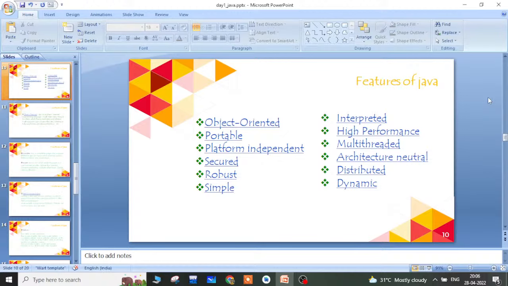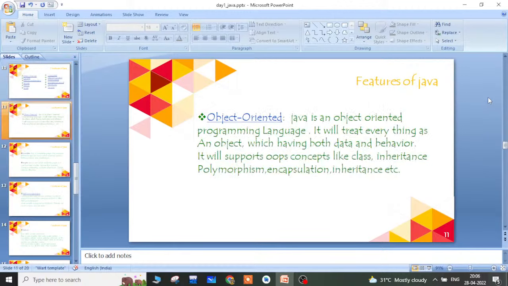Java is a simple programming language, which is both compiled and interpreted, having higher performance, and which supports multi-threading, which is architectural neutral, and which is distributed and dynamic. So these are the features of Java. We'll discuss each and every feature. We'll start with object oriented.